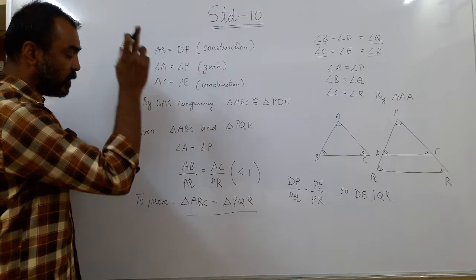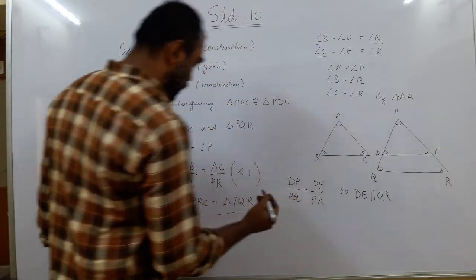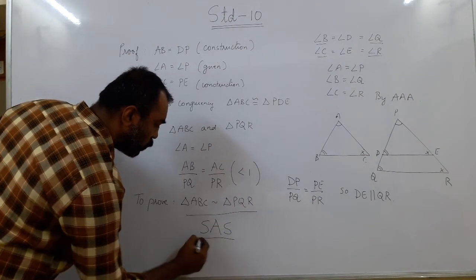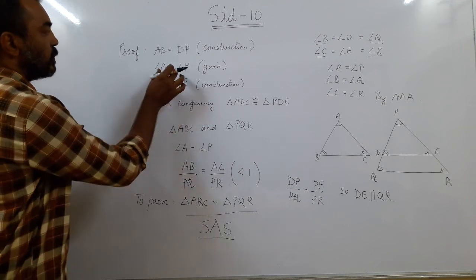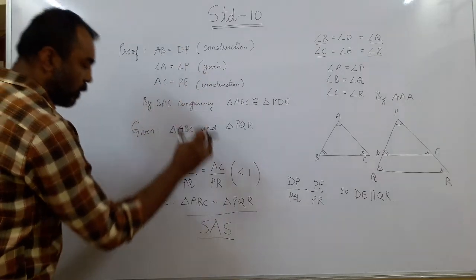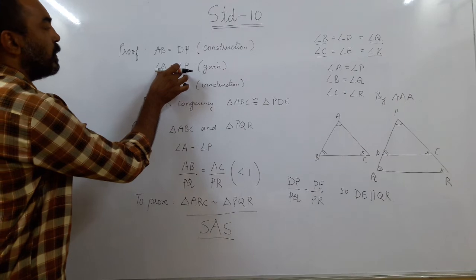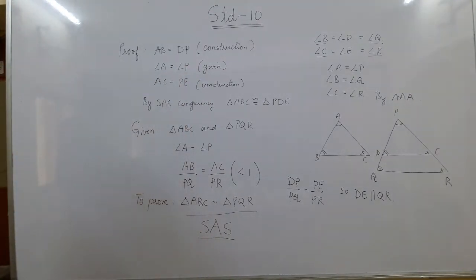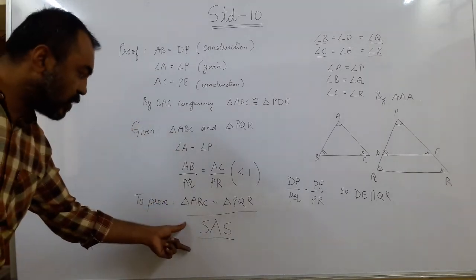So what does the theorem say? Remember the theorem? The theorem is called the SAS criterion for similarity, not congruency. Here it was for congruency. In congruency, the angle has to be equal and the sides also have to be equal. But in the SAS for similarity, the angle has to be congruent, equal, but the sides have to be in proportion. It is not necessary the sides are equal. So we have got SAS for congruency and SAS for similarity.